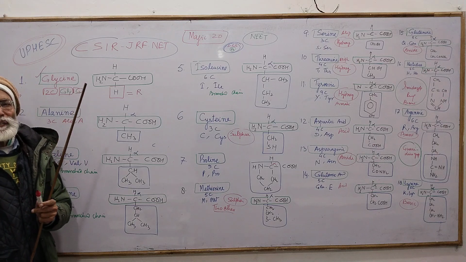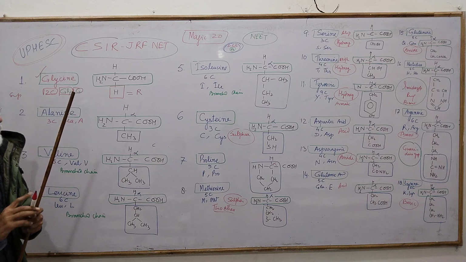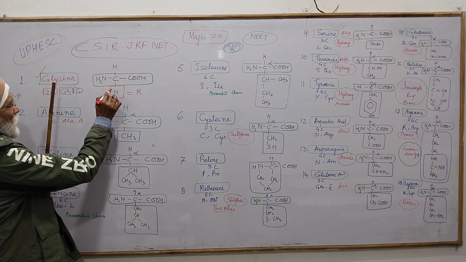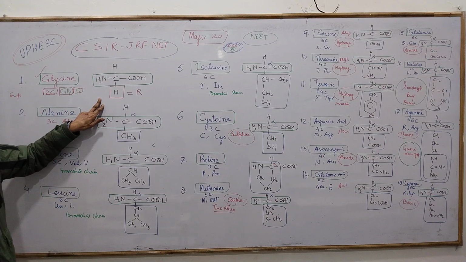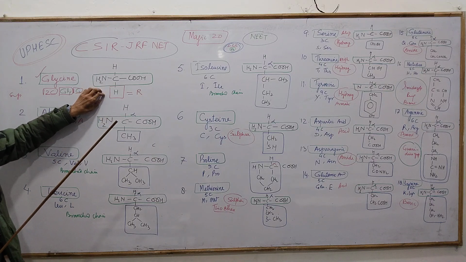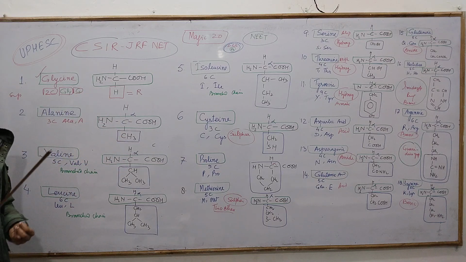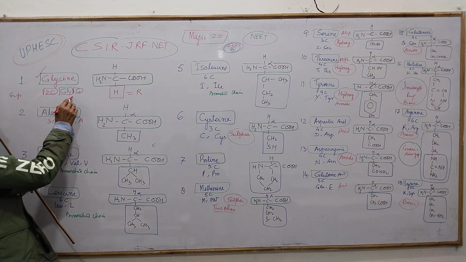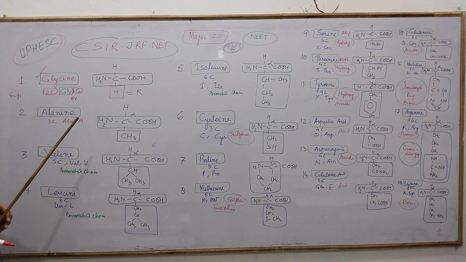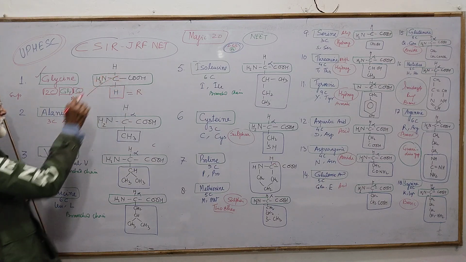Whenever you want a sharp turn in a polypeptide chain, which amino acid will be used? Glycine. Because glycine is the simplest amino acid and does not possess all 4 different functional groups attached to the carbon atom, it does not possess a chiral alpha carbon atom. Remember the question: simplest amino acid, 2 carbons, R is represented by H, and sweet in taste. In the last I will also give you the detailed question of functional aspects of amino acids, but today you simply focus on structure. So your point is clear.